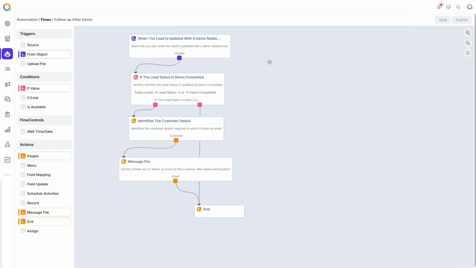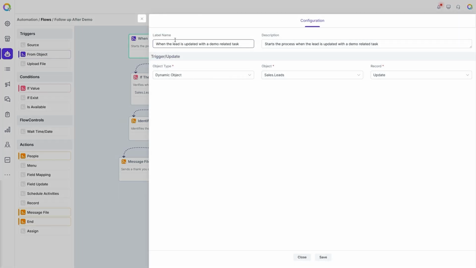I have already created a configuration flow for this process. Let's open the automation flow to see how it's structured. This automation should be triggered whenever a lead status is updated. For that, I'm using the From Object trigger node. In its configuration, I've selected the dynamic object type and chosen the leads object, setting the record event to updated. This ensures the automation is triggered each time a lead's record is updated, specifically when the status changes to indicate